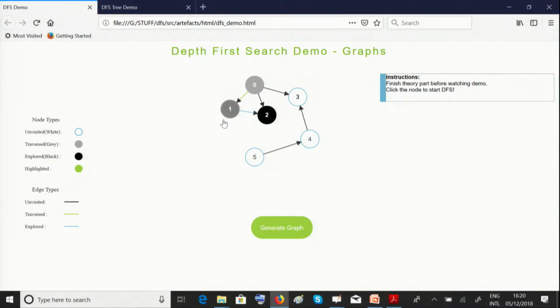So from 0 I went to 1, from 1 I went to 2, then I backtrace to 0, from where I went to 3, and then I cannot move further, I cannot go any more in depth, so I will go back to 0. So let me just explain the convention that is used in almost any textbook explaining